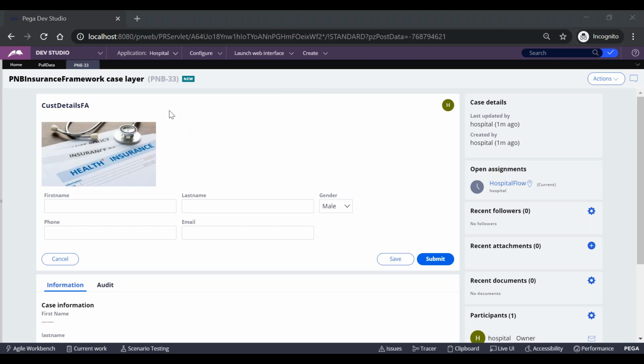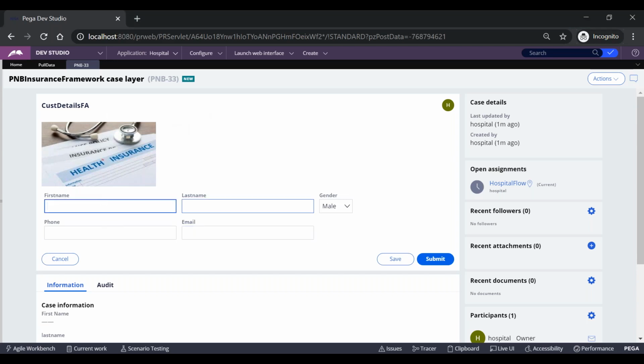Within this flow, I'm creating multiple rules. Here I have defined one flow action. We are using one section, and after this, we are using some activities and when conditions. There are n number of rules being used in this flow rule. If PY work page is the primary page for the flow rule, then for all the rules we are using under it, the primary page should be PY work page. So PY work page acts like a parent for all the rules being used in this flow. That's what we have seen.